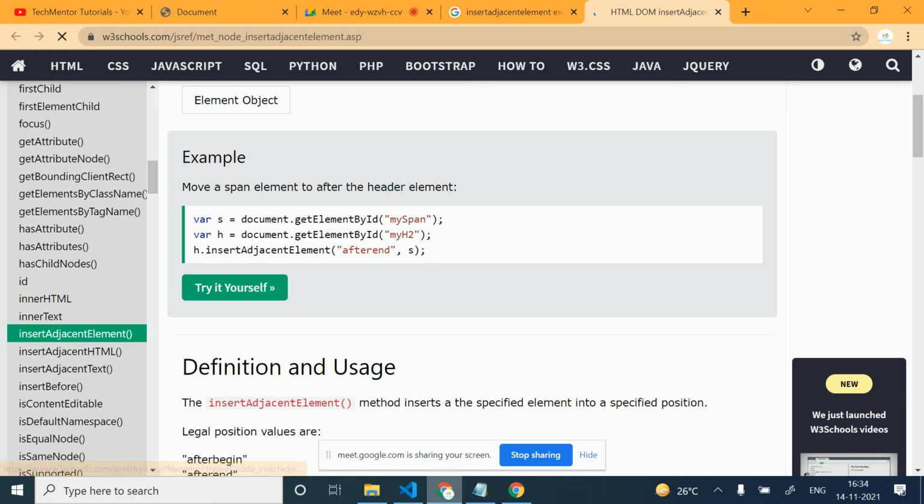I'm using insert adjacent element, and there may be some mistake.